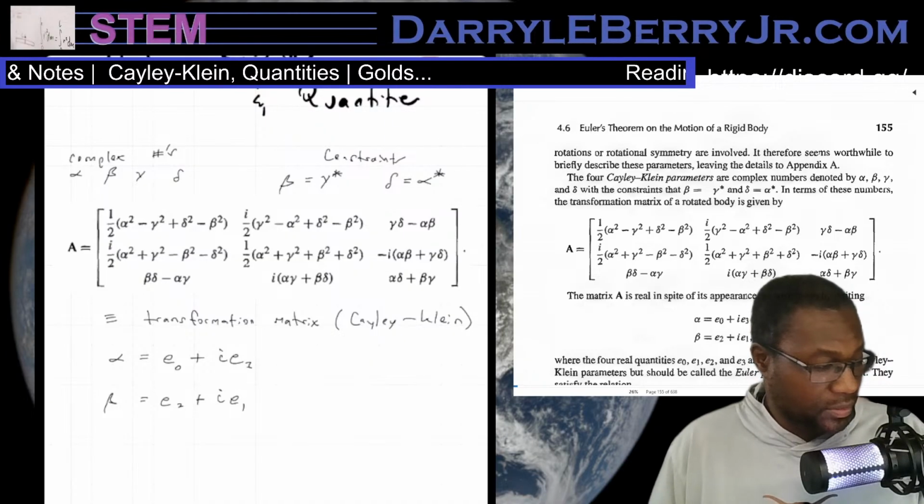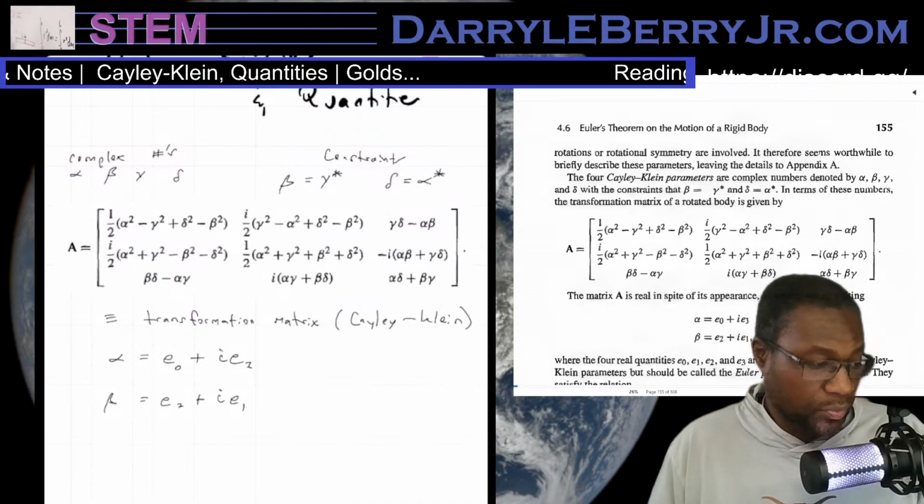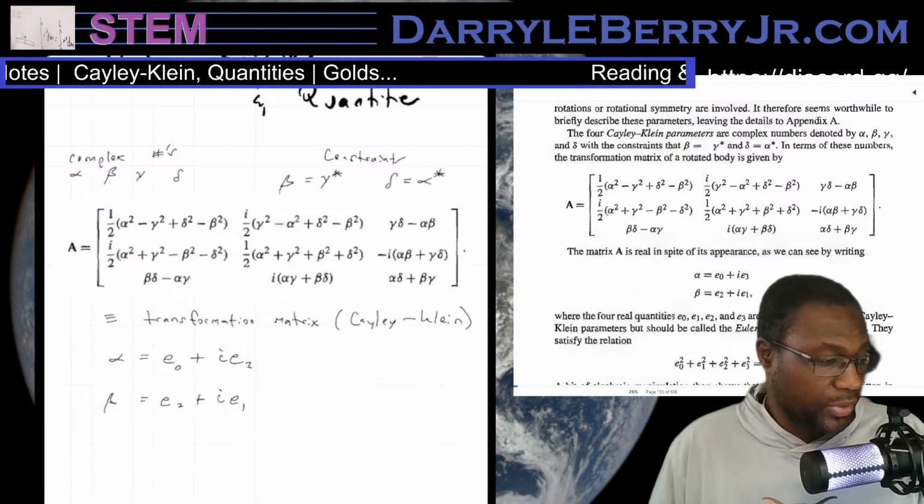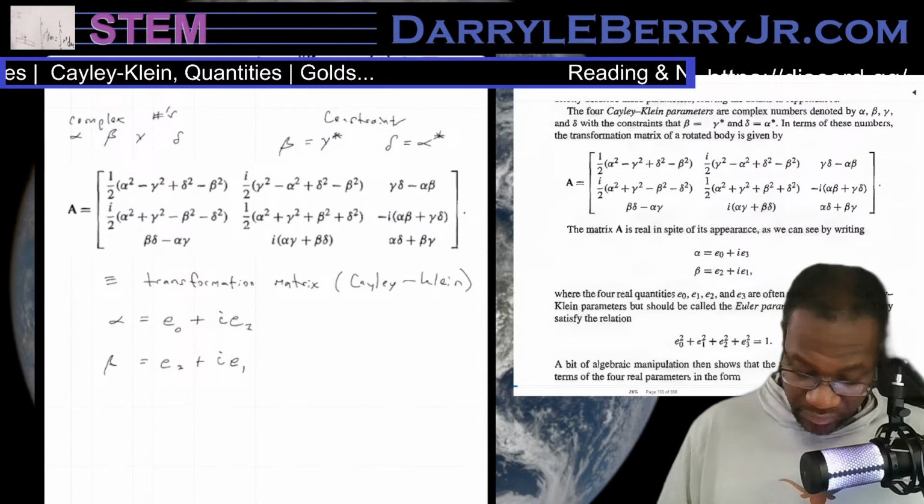For real quantities, e0, e1, e2, and e3 are often referred to as the Cayley-Klein parameters, but should be called the Euler parameters to be correct. They satisfy the relation